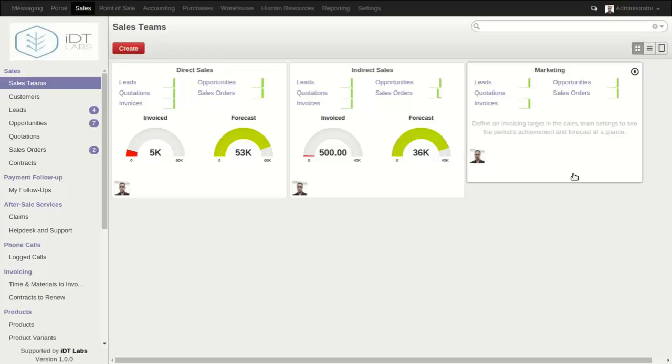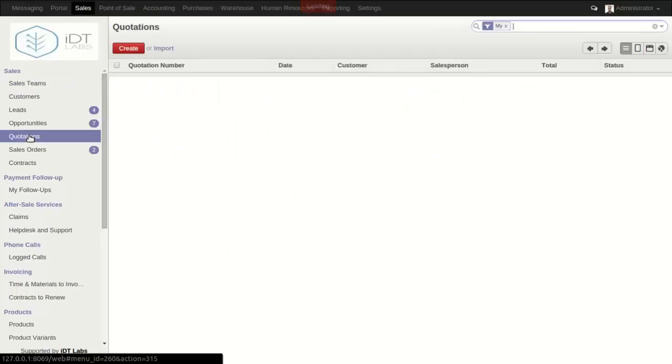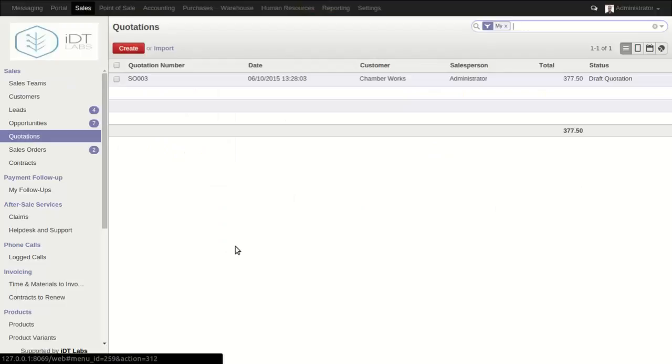Okay, so to create a quotation from the sales tab, you head on to the sales and then select quotations. And another thing I want to discuss is, first, quotations come from leads and opportunities. So when a request for a new product comes in, it is first logged in as a lead and then converted into opportunities and then quotation.